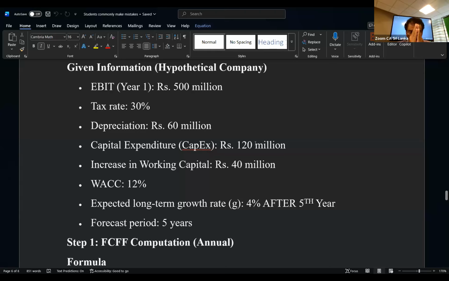Keep it in mind: after the fifth year, the growth starts, so you have to take the fifth year cash flow times 1.06, which is the beginning of the sixth year cash flow. Then you have to discount from the fifth year discount rate, right? Not the sixth year discount. All the students make this mistake. So it is the fifth year discount factor to be applied to discount the terminal value.